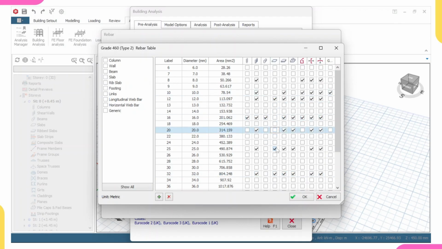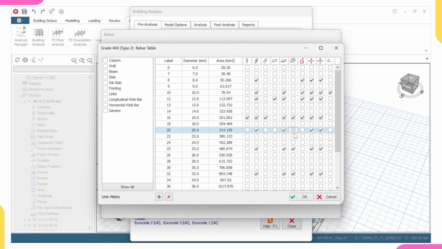Yes, I don't want any other slab. Then coming over to lip slab, I don't have any lip slab in this. I designed with a solid slab, not lip slab, so I'll leave this blank. Then coming over to foundation, remember this is a beam raft foundation, so we are using